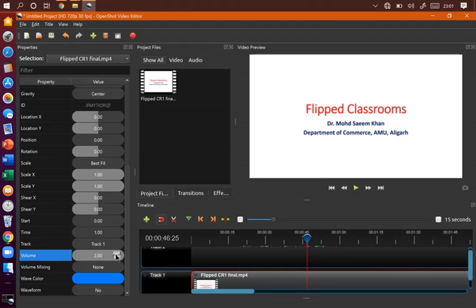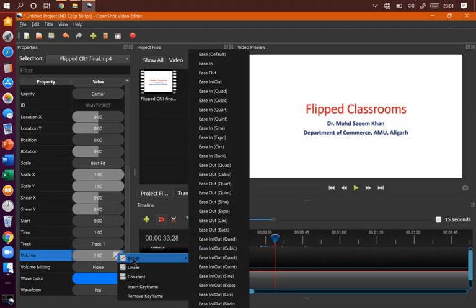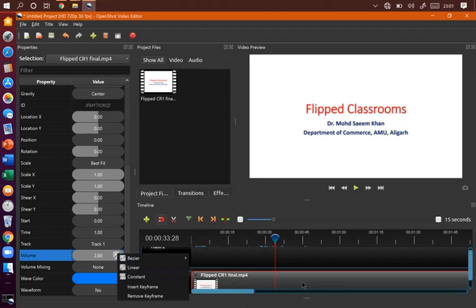And if you change this slider to linear, what will happen is that from the very beginning when you play your video, you'll find that the volume is 5 and up to this 30-second mark it is decreasing. Yeah, it is decreasing, and when you come to 30 seconds it's down to 2, and then for the rest of the video it is 2 by default. So this is what you can change with the help of this symbol. You just have to right click and you can select Bezier, linear or constant, whatever you feel like.